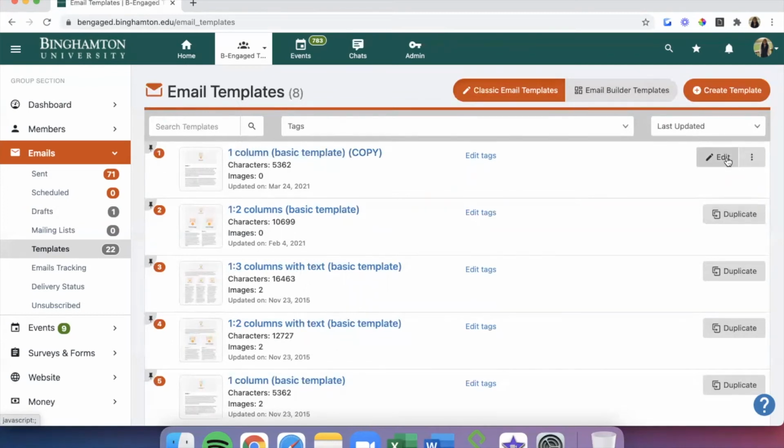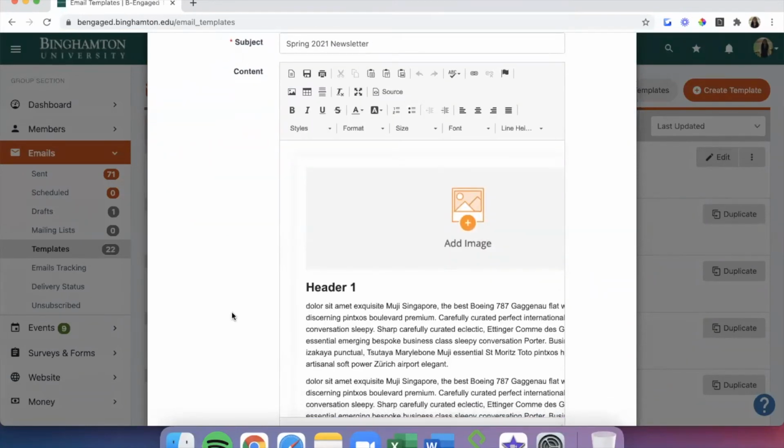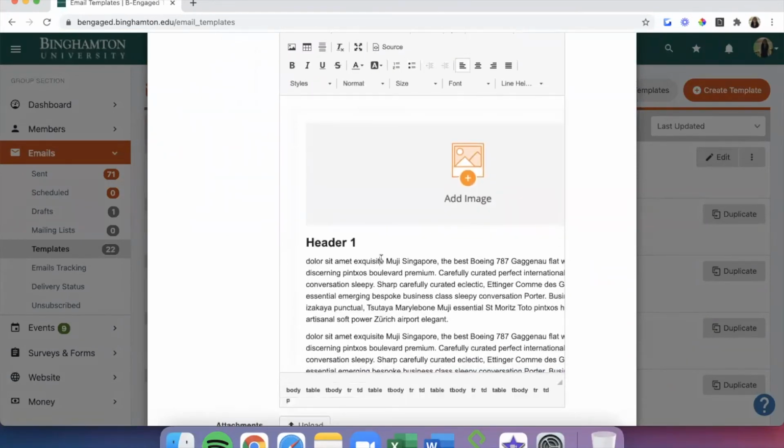Click the Edit button to the right of your template, and you can begin building out your newsletter template within the pop-up window that appears. You'll give your template a name, a subject, and then you'll begin editing your template.